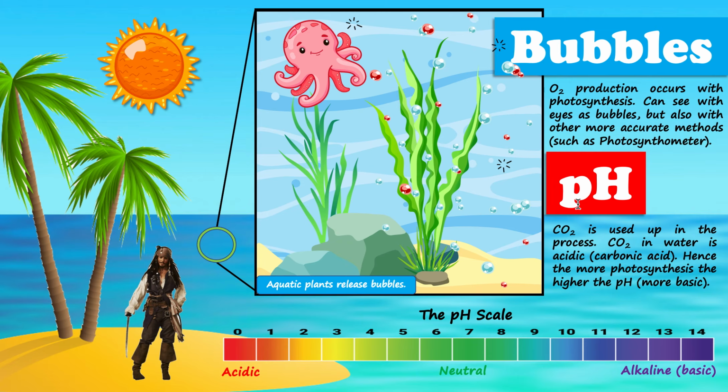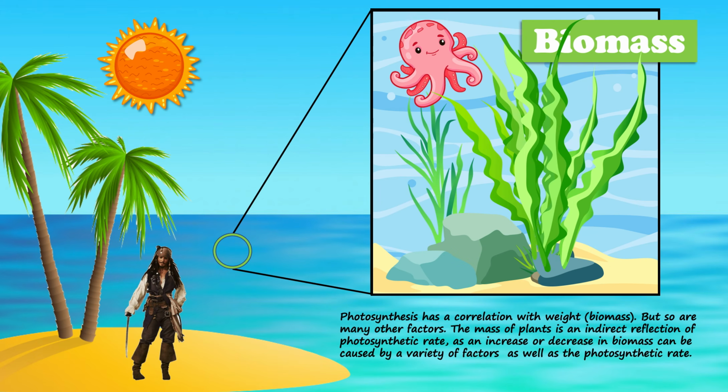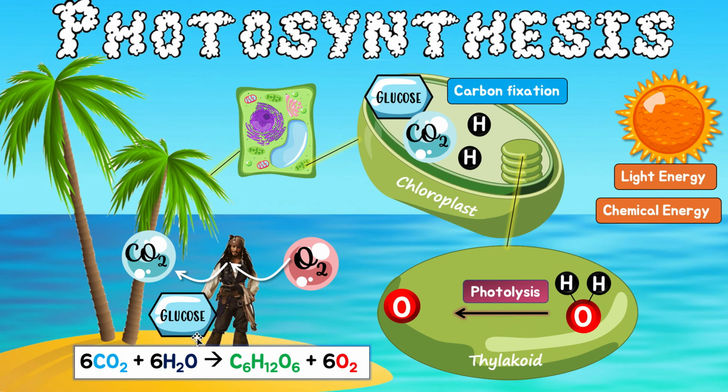But pH is also a good way. You can measure the pH as it's changing, as the plant is doing photosynthesis. It should get more basic as the plant is doing more photosynthesis. But this is an indirect way. It's not directly measuring one of these things. So the pH is not directly measuring something that's made from photosynthesis like oxygen or glucose. It's measuring a consequence of photosynthesis. So it's an indirect way. So it's technically not as good.